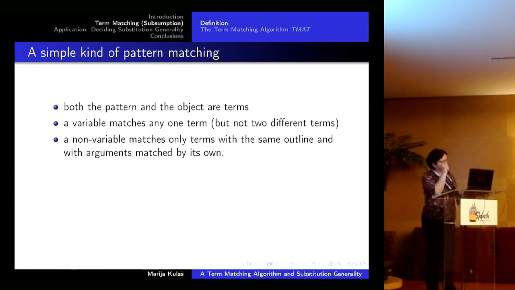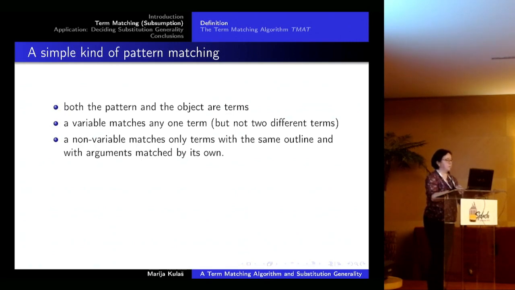So the variable x at first was deactivated. It's no longer active, but it's keeping this place. So the binding x to y must be discarded. So it is passive, but it's not free. So that's the idea. And now to the promised algorithm, term matching or subsumption, is the most basic kind of